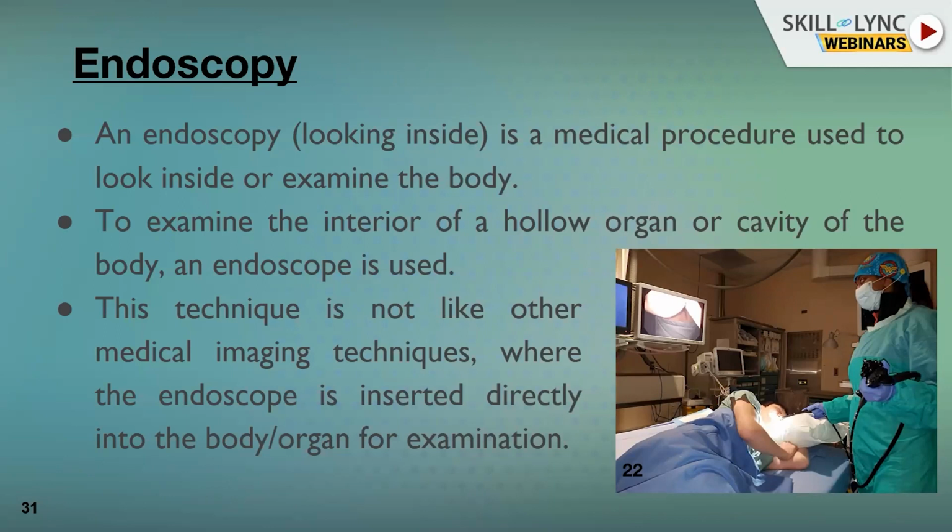For many medical applications, you can't actually cut your body open and see what is wrong inside, right? So in order to examine something inside, for example, the nose or throat or ear, the doctor usually puts in a small tube and see how